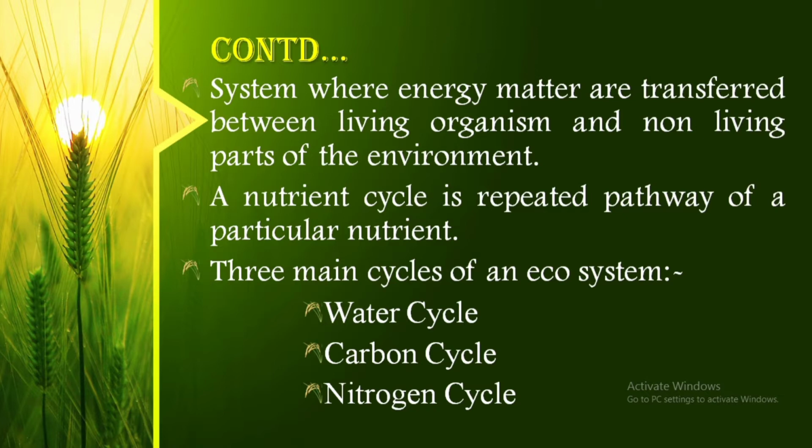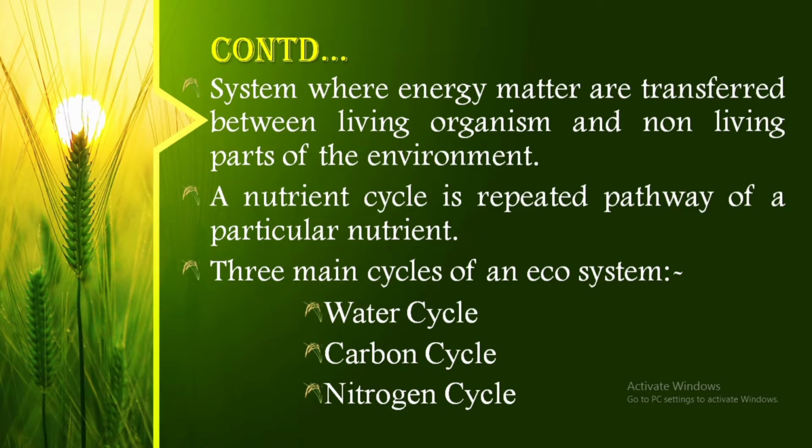The three main cycles of an ecosystem are water cycle, carbon cycle and nitrogen cycle. These three cycles working in balance are responsible for carrying away waste materials and replenishing the ecosystem with the nutrients necessary to sustain life. Nutrient cycles restore ecosystems to the equilibrium state and therefore play an important role in keeping the ecosystem functioning. All organisms, living and non-living, depend on one another. Nutrient cycles link living organisms with non-living organisms through the flow of nutrients.